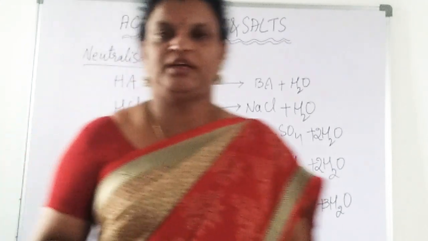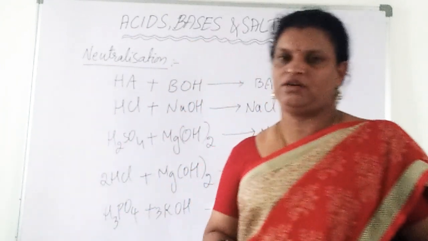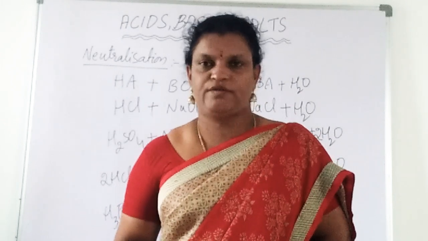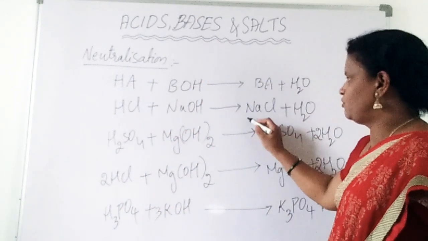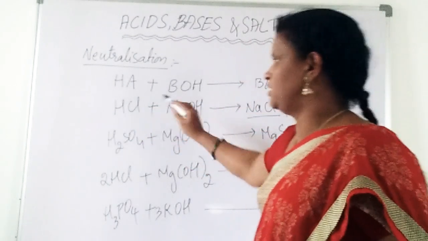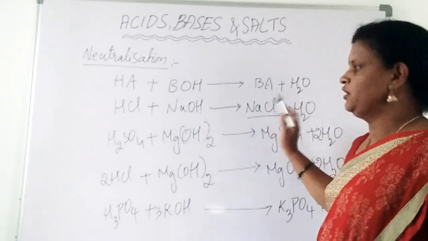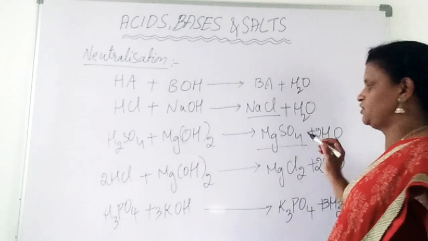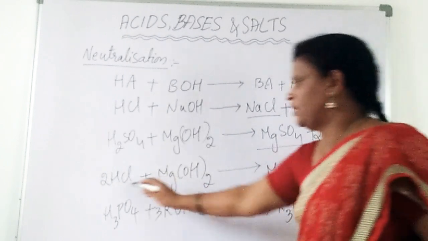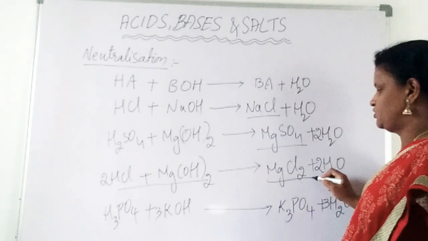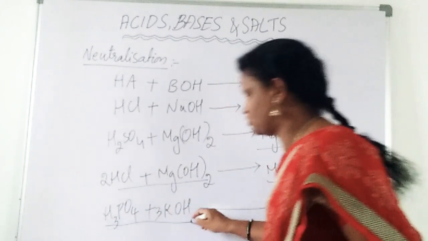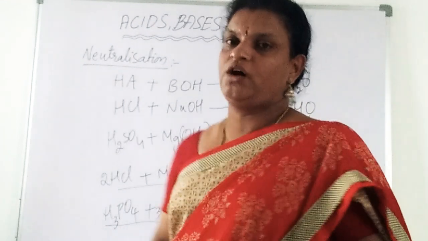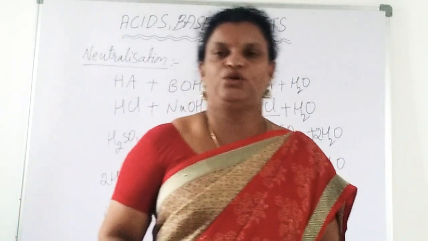Now we will see how to identify the nature of the salt that is formed, whether it is acidic or neutral or basic. Here you see, this salt that is formed is produced from strong acid and also strong base. That is why it will be neutral in nature. Magnesium hydroxide, strong base and strong acid. That is why this also is a neutral salt, and in this one also both are strong. That is why this also is a neutral salt. Here these two are strong base and strong acid. That is why this one also is neutral. So salts which are formed from strong acid and strong base are neutral in nature.